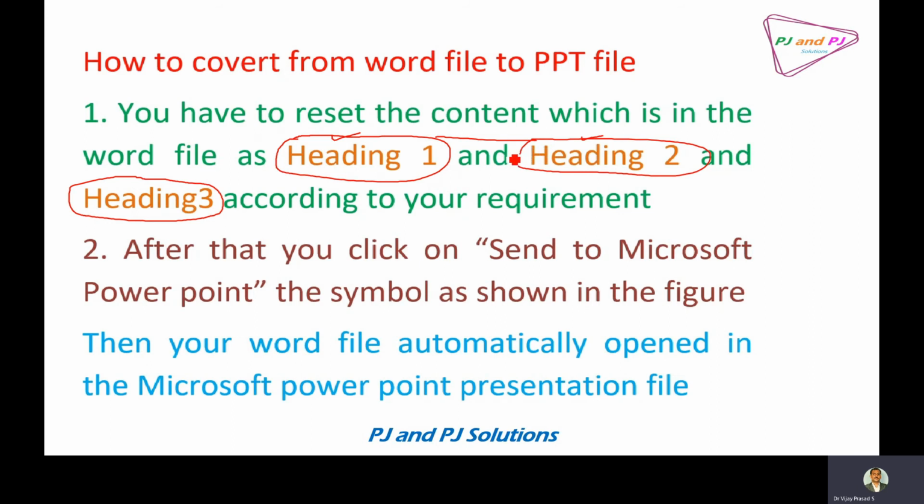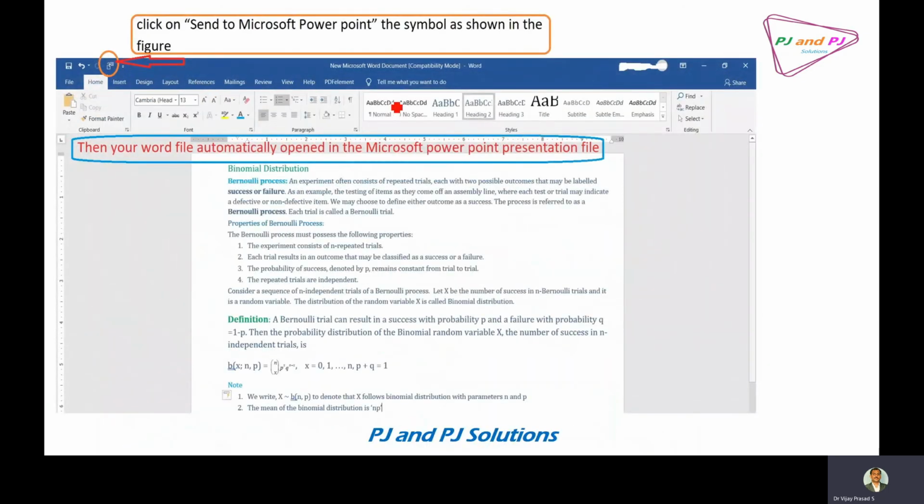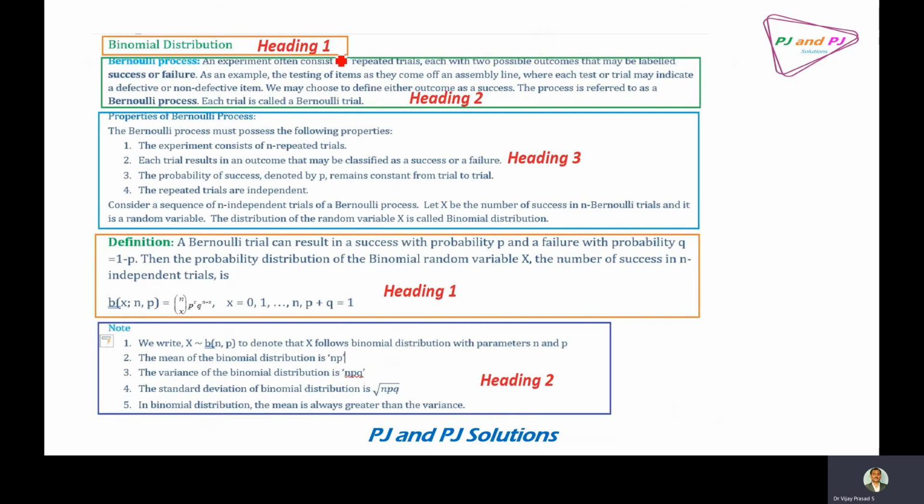Now, where you can find Heading 1 and Heading 2, let me show that. Once you open the file, here is Heading 1, Heading 2 and Heading 3. By using this, you can rearrange your total Word file content. I have reset all my Word file. I am taking the example of one page of my Word file. Please look into this.